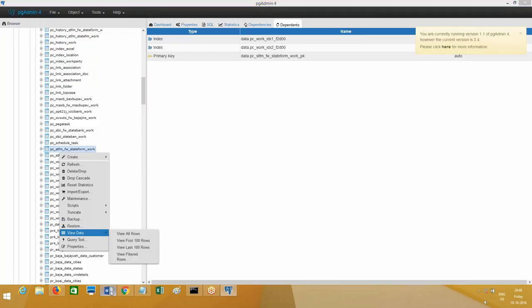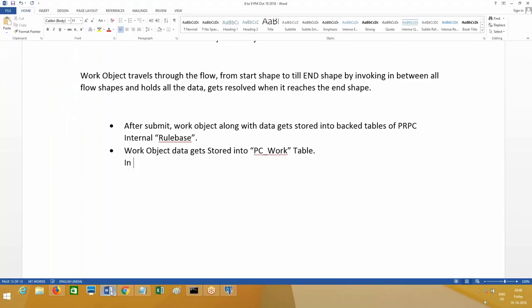Let me write down: in our application, when we run the flow, work objects get stored in the table PC_STFM_StateFM_Work. It will end with Work.